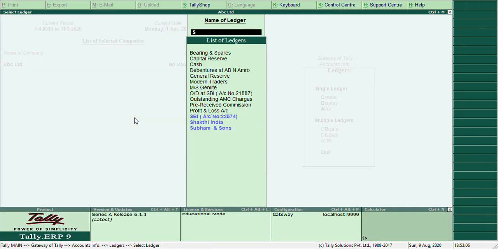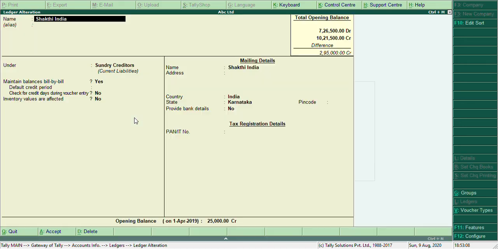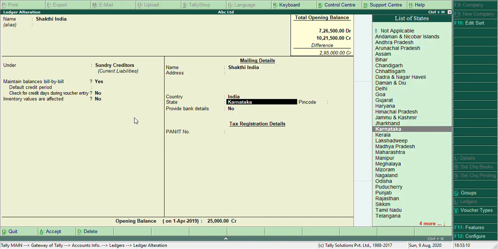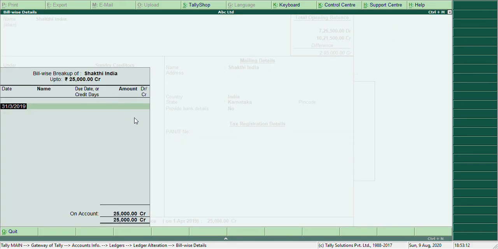Then next party will be Shakti India. They are also a creditor. Their bill date is 2nd October and the bill name PUR is nothing but purchase slash Shakti India. You can give a short form SI slash 170.